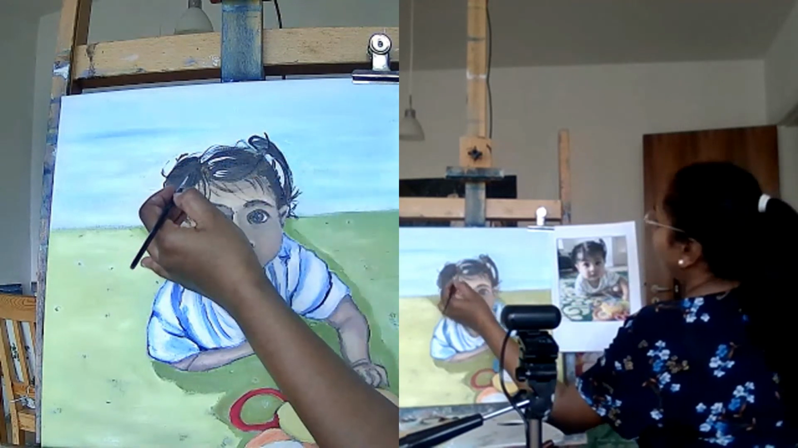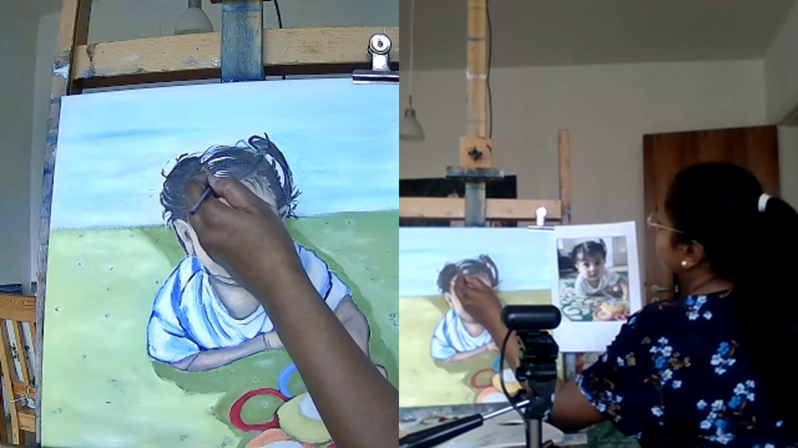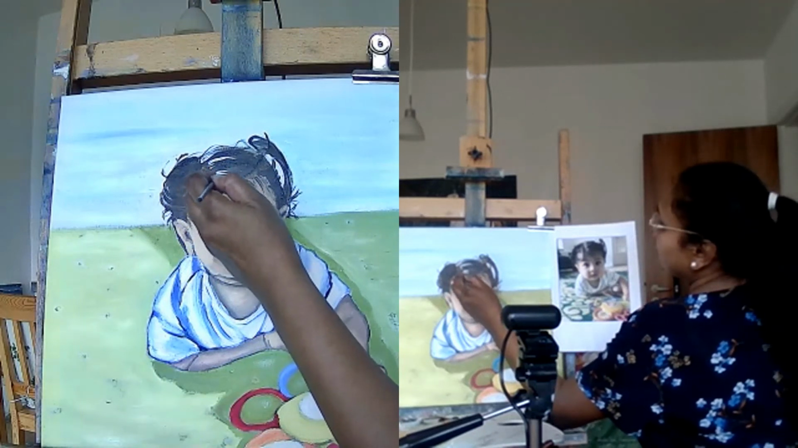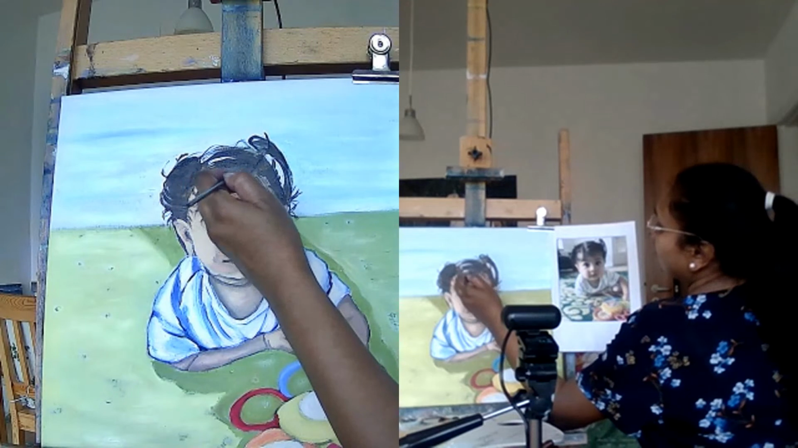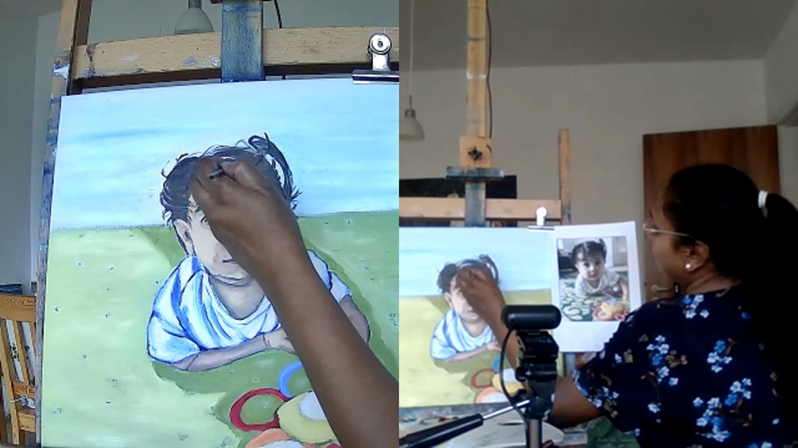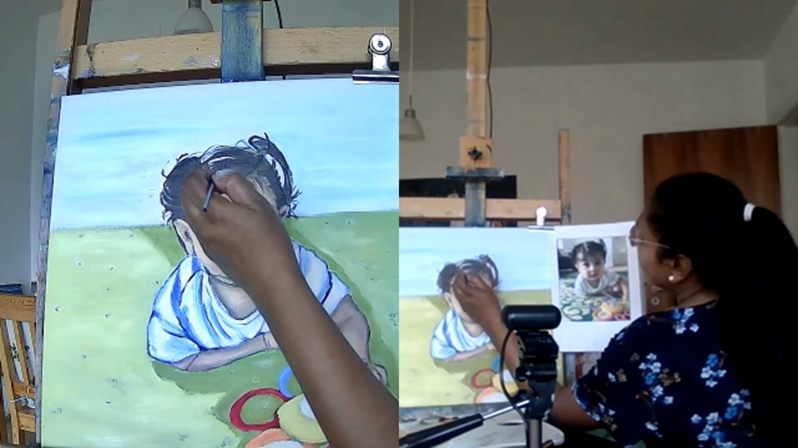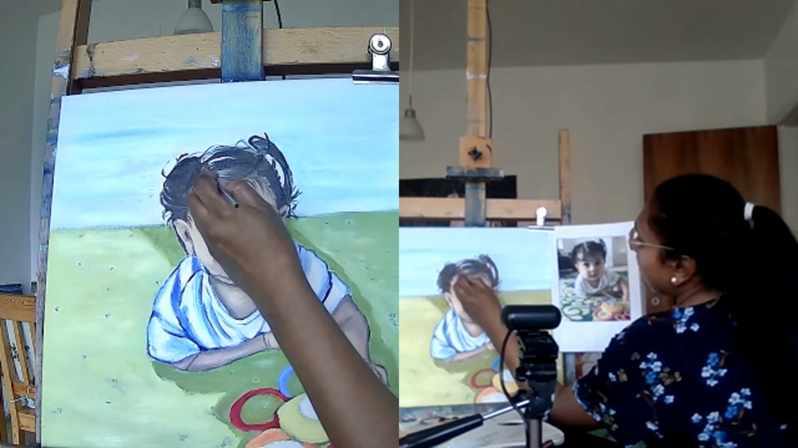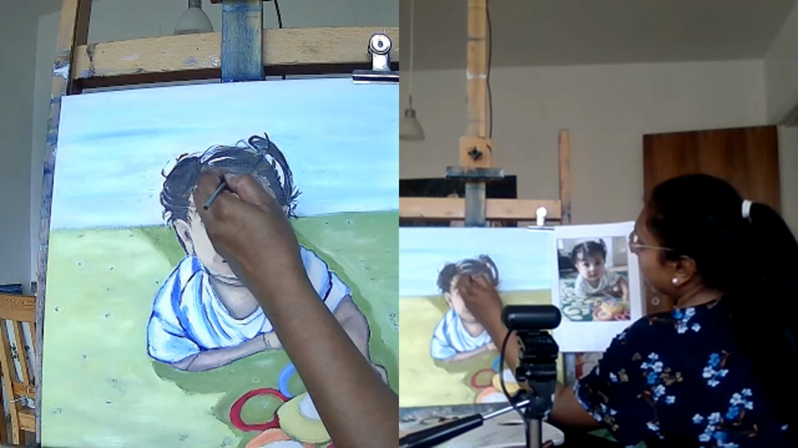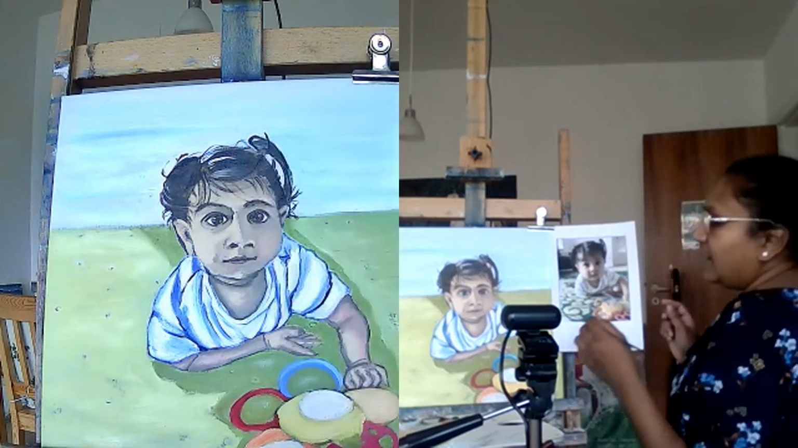Now if you go back and blend these and start making it look like hair strands, thin them out, there will always be another layer coming up of detailing. So don't worry if it is coming patchy, it's fine. If you are able to blend them into thin lines and make it look like a hair lock,